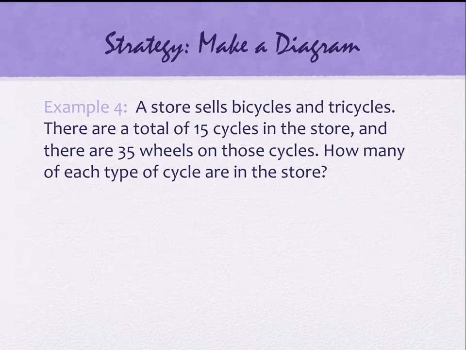So how many cycles does it say that we have? 15. And the 15 cycles have at least how many wheels per cycle? 2. It's at least a bicycle, right? It's got at least 2 wheels. It might have 3 wheels. Okay? So you're going to draw, probably a lot better than I do,